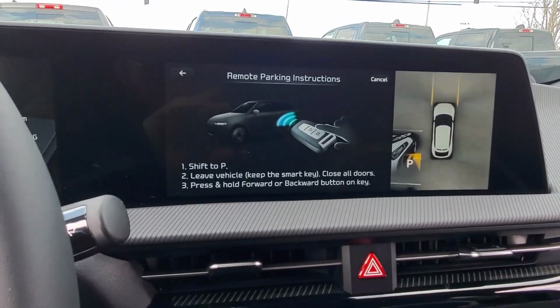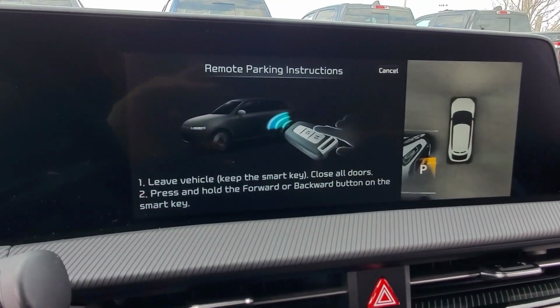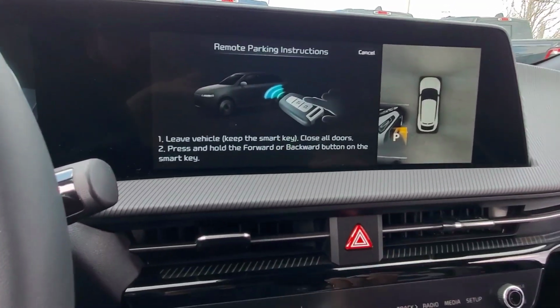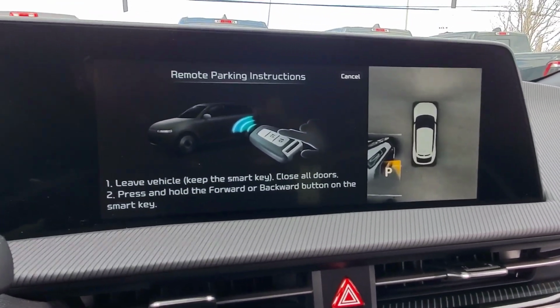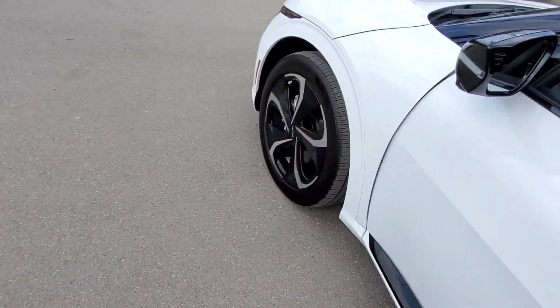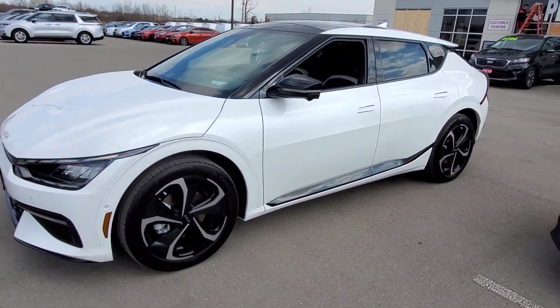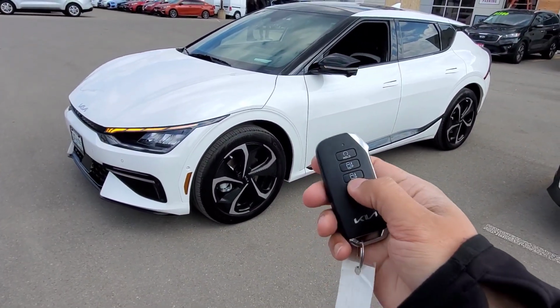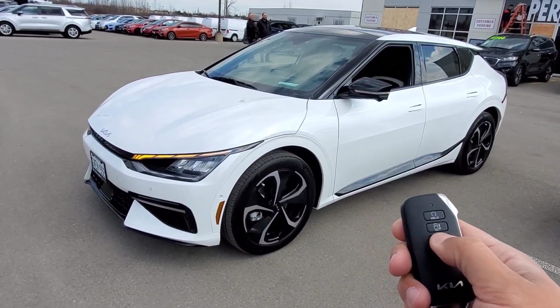So it says shift into park, so I'm going to press park. And then it wants me to leave the vehicle, but keep the smart key on me, close all the doors, and press and hold the forward or backward button on the smart key. So now I'm going to exit the vehicle. It's still on. The turn signal's even going to tell everybody that it's ready to park. And I'm going to hold the down button here. And I'm going to let